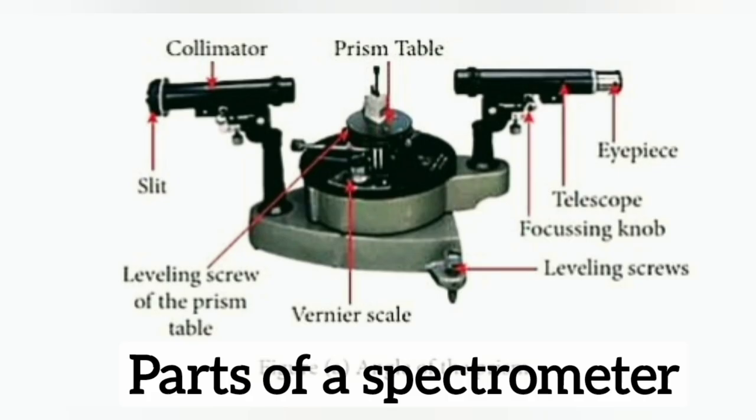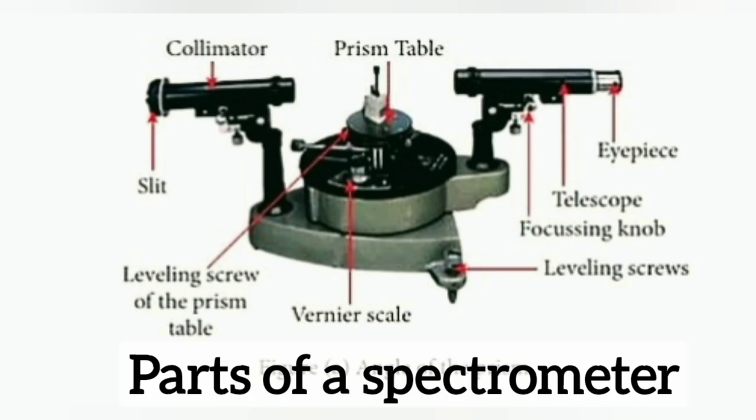So the collimator is a lens or mirror that takes the divergent light rays entering the slit and makes it into a parallel beam. Here we'll be observing Fraunhofer diffraction, right? So you'll be needing parallel beams of light, so that's the role that the collimator plays here. Then you have the telescope on the opposite end. The telescope has an eyepiece through which you'll be observing, and it also has a focusing knob which you'll be using to focus on a distant object, and you will not touch it after that.